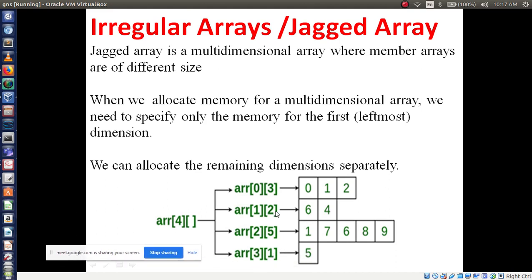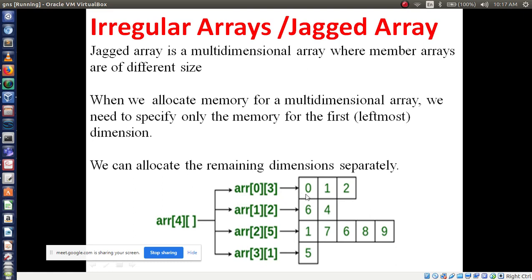Here the array name is ARR, 4 is the row size, and the column size I have left blank. This is representing columns, right? Then what is the row size? Here it is 4. So first row, second row, third row, fourth row. So compulsorily we have defined 4 rows. But in the second subscript I have left it blank because it represents columns.